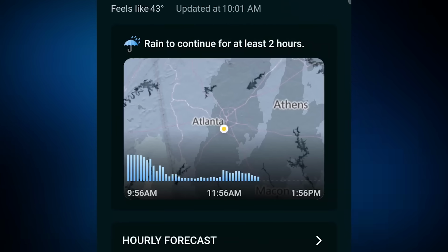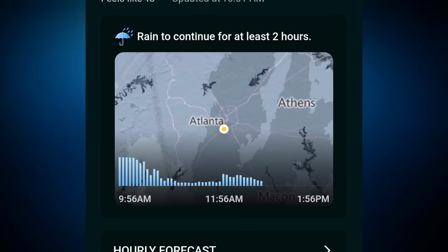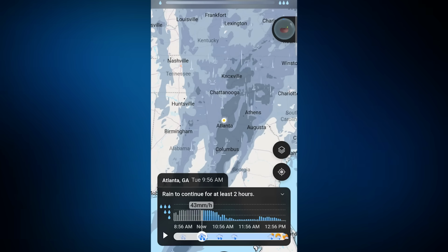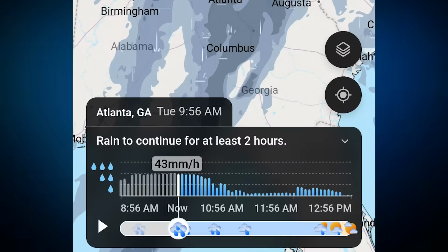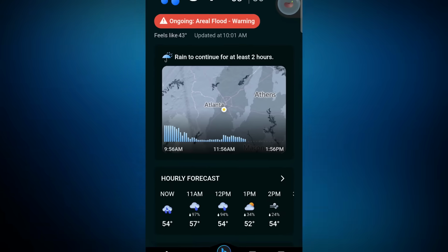The weather map here shows and hides based on the precipitation chances within the next hour. You can tap on the weather map here and it will bring up a larger map showing you the rain intensity that's being forecasted. And then you're going to see a description about how long that precipitation is going to last. But if you back out to the main page,